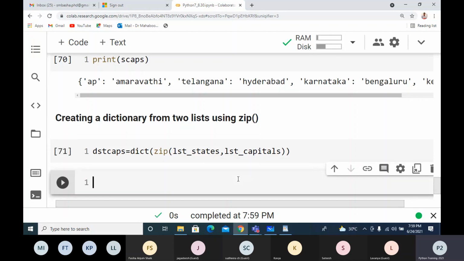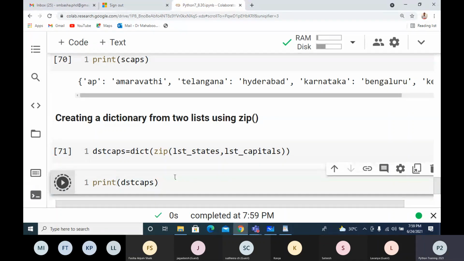So if I have some data available in the form of lists and I want to create a dictionary, this is the best way. I have explored all possible ways. This is the best way. To create it, you can simply write dict zip. So I'm getting the dictionary.